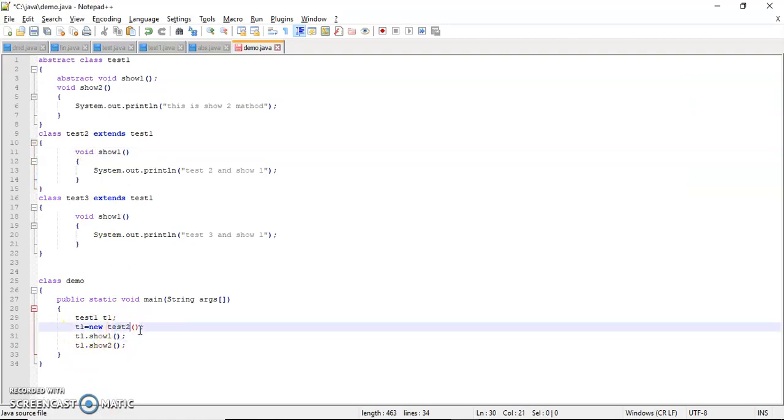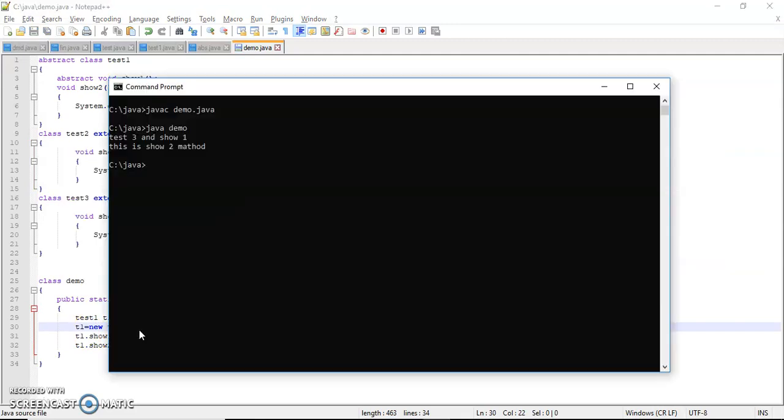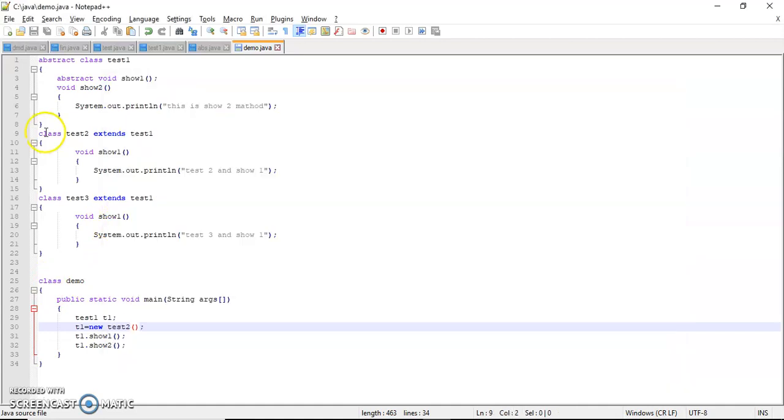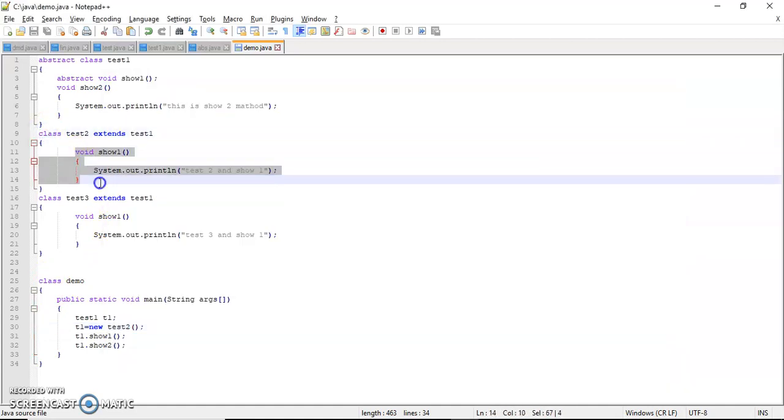Suppose I write test2, save, compile the program and run the program. The output will be test2 and show1. That means this method is called.